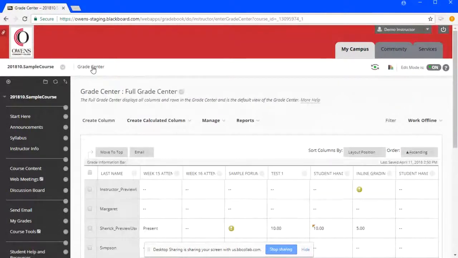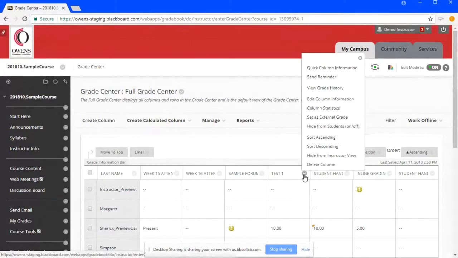The other thing about Grade Center that I wanted to make sure everyone had awareness of is the send reminder to students. If you go to any particular grade column and click on the gray circle, the chevron, the pop-up menu comes up where you can edit your column or make changes to its properties. The second one down says send reminder.